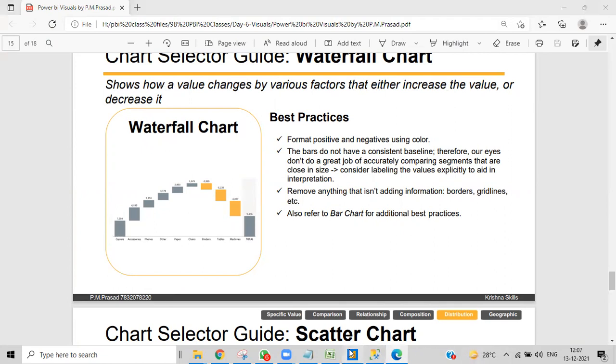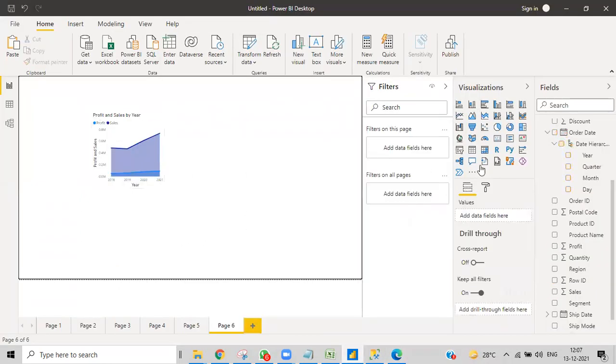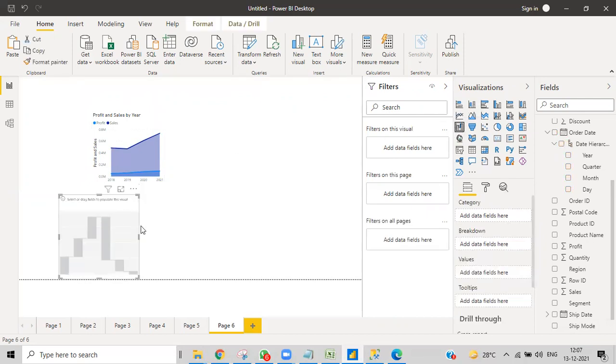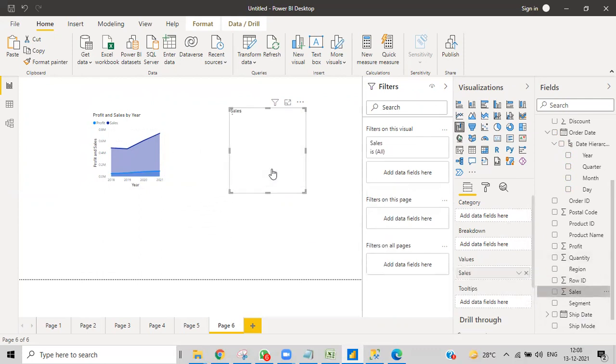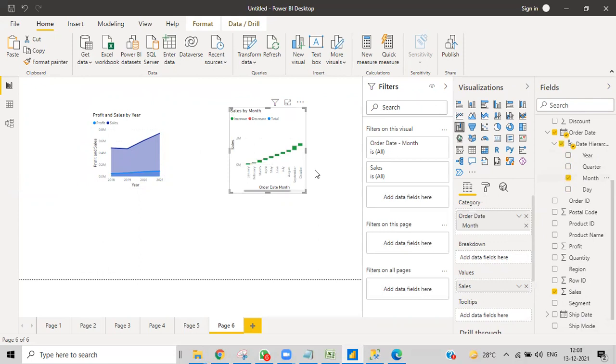So obviously there is growth in sales. There is no such other thing. So we are getting it like that, and this is the total sales.